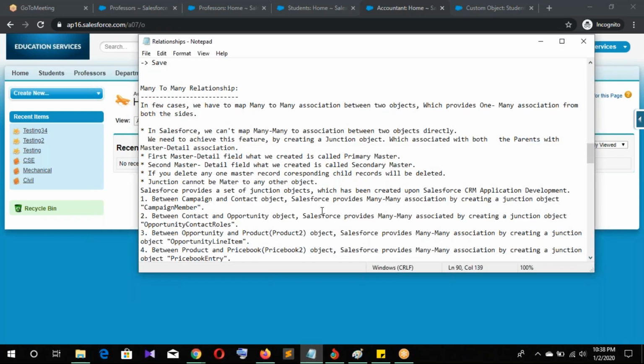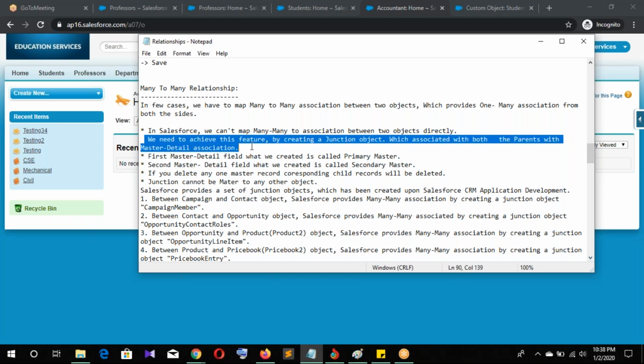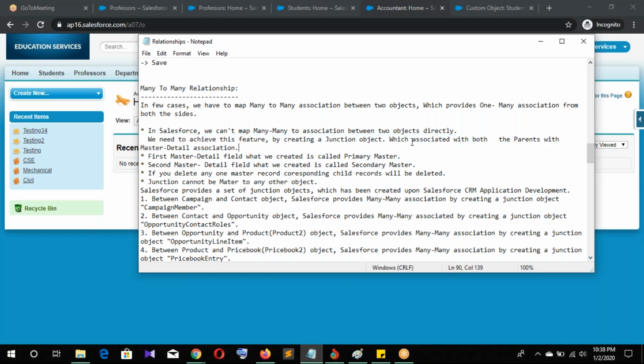If you create the junction object, we have two master detail objects. First master detail, we need to achieve the future. We create a junction object which can associate with both parents with master detail association.